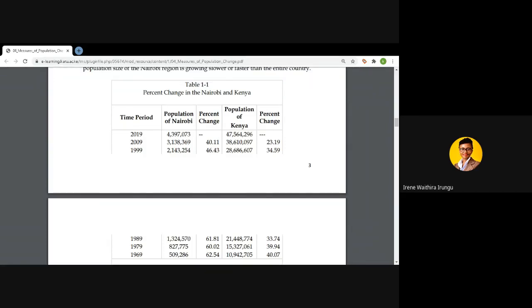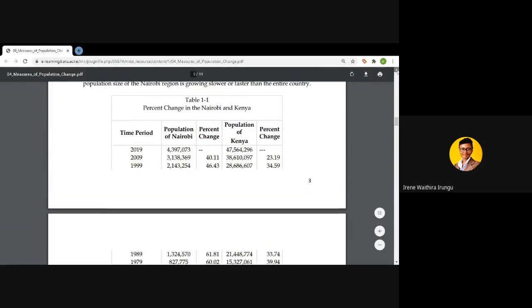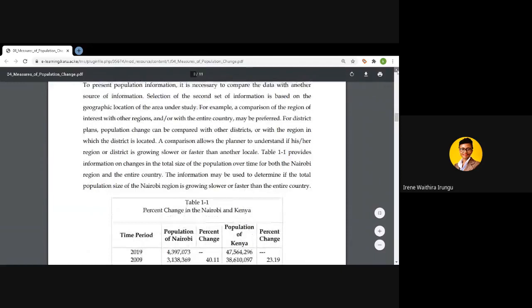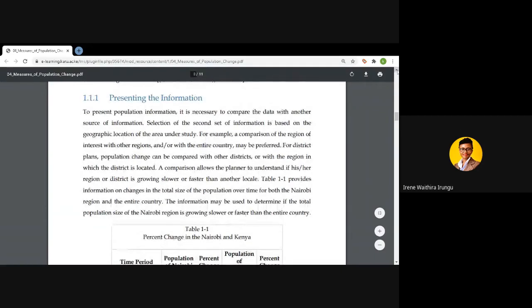the percentage change for Nairobi has always been higher than that of the total population of Kenya. So you can see in all scenarios that has been the case, though the percentage change was higher in the 1990s. So this means that this can be attributed to different factors. It can be a situation where